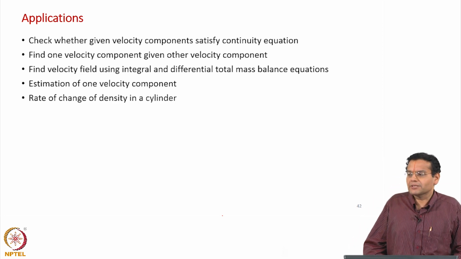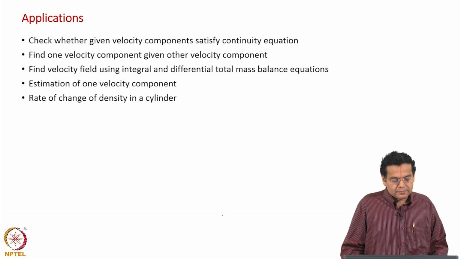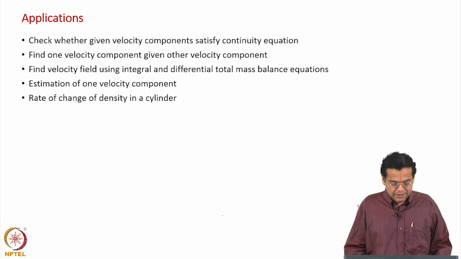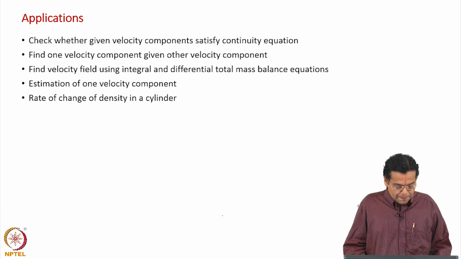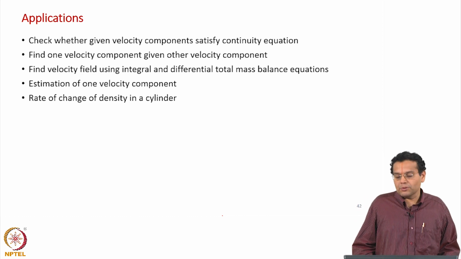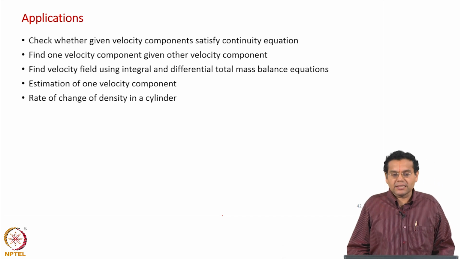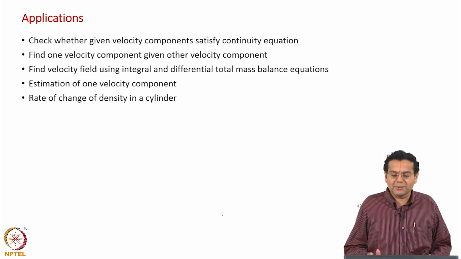And finally, of course, an example including the transient term, with which we find the rate of change of density in a cylinder. That cylinder could be in an engine or in a pump, etc. The scope of the whole course is that we will almost always use only the incompressible form of the continuity equation. Throughout engineering, in any engineering course, we will almost be restricting ourselves to the incompressible form. Mechanical engineers do use the compressible form as well.